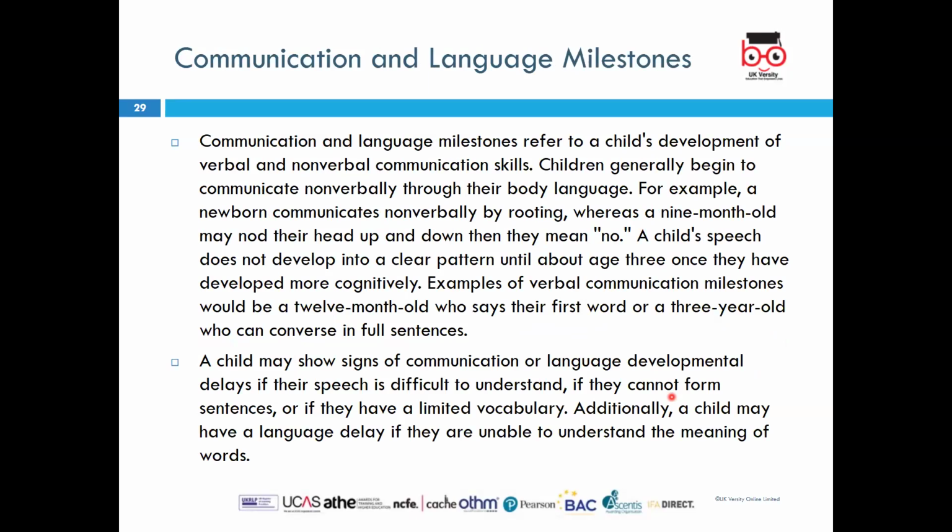Communication and language milestones. Again, children develop communication according to how they're spoken to. Children are capable of learning, I don't remember the number of languages, but there were a lot. A child under the age of 5 years is able to learn a lot of languages. My children know two languages now, and I regret that I know three languages. Why did I not teach them the third language that I knew? But you can teach them as many languages as you want to.